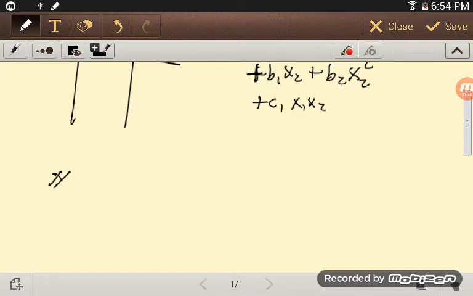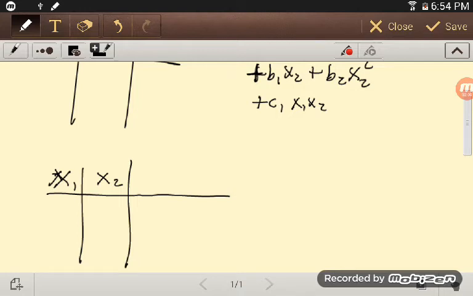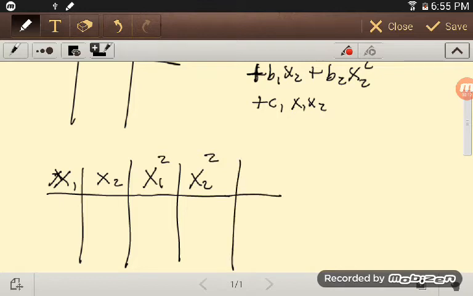So we'll have an x1 column, and probably there's our x2 column, but we also have an x1 squared column where we'll just have to compute x1 squared, an x2 squared column. We would have an x1 x2 column where